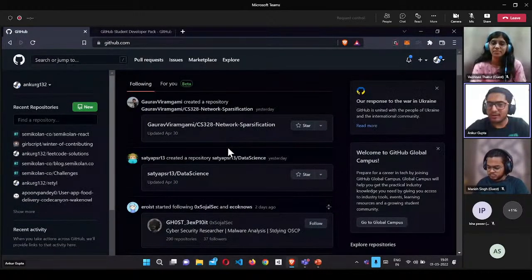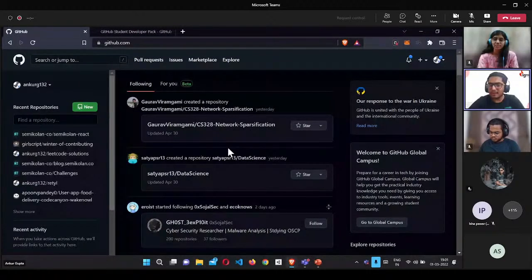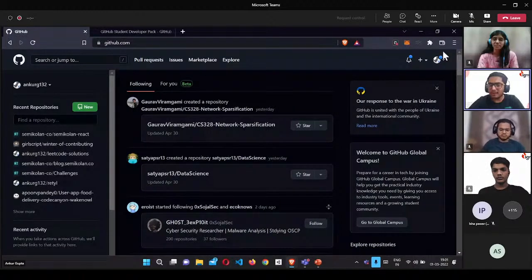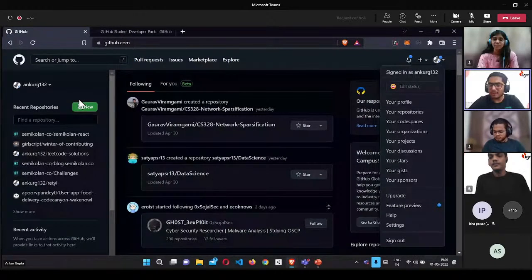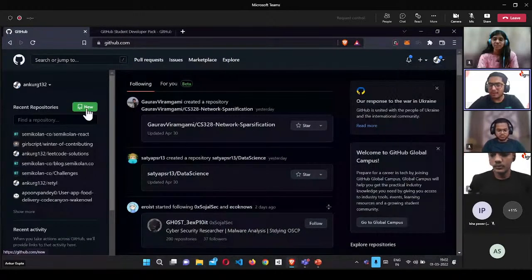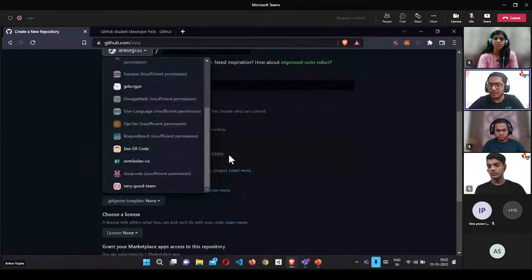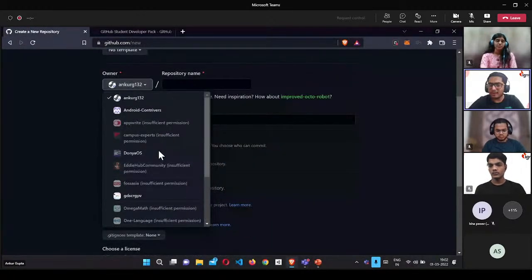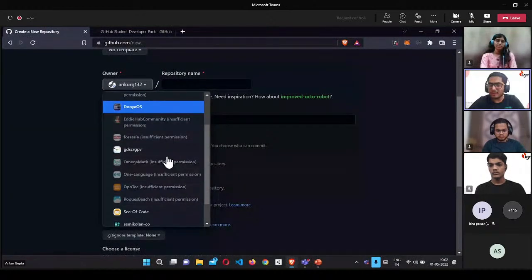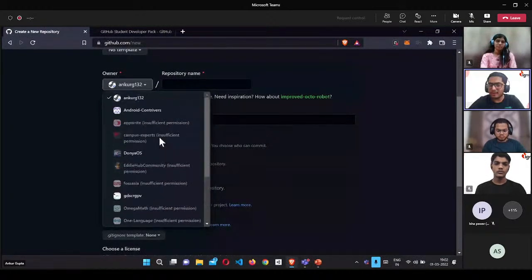So for now, what we'll do, I'll create a GitHub repository and I'll make you all make your first pull request in it. Okay. So you all can also see, to create a new repository, you can just click on this New button here in the dashboard. So let me click on it. So I clicked on this New. I can also choose the owner. There are a variety of organizations that I can choose. If you are not a part of any organization, you will just see your username here. Here are some of my open source organizations that I'm part of. So I can see all of it here. So I can choose me as the owner.